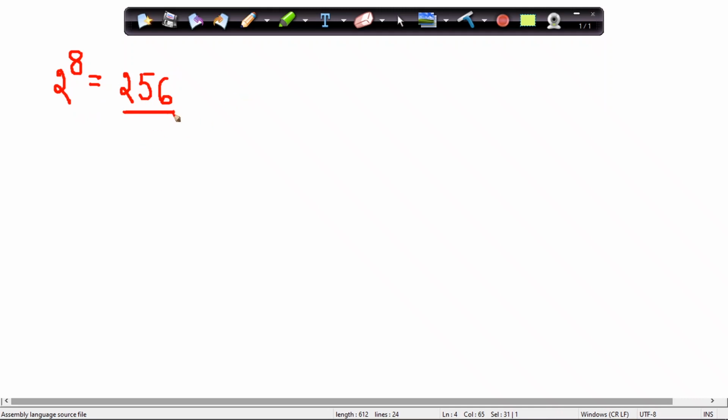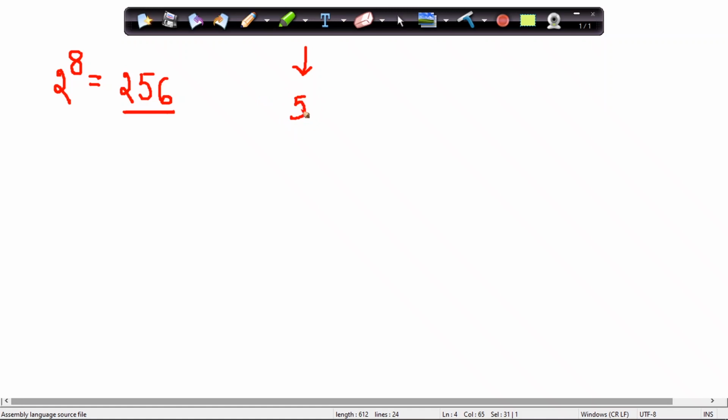So this is the maximum value we can have in a single register. Now since we are doing the square operation, how is the square done? Let us not take a, let us take something like 5.